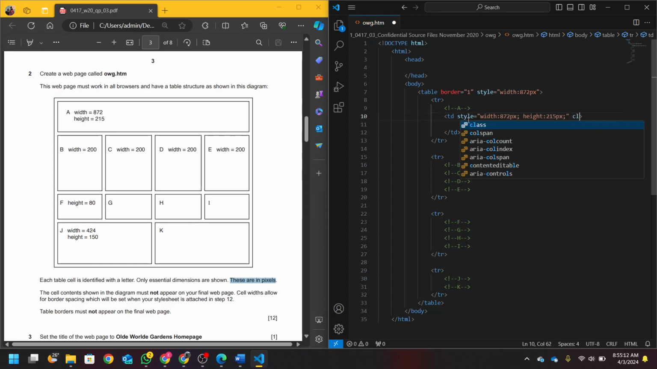That's a colspan of 1, 2, 3, 4. How do I know? I know that in total there are 4 columns, and this cell A already merged all 4 columns. So that's why it's colspan 4. Okay, for B,